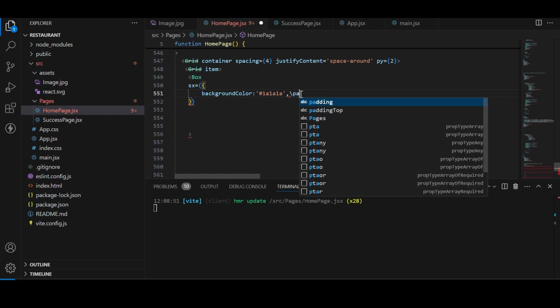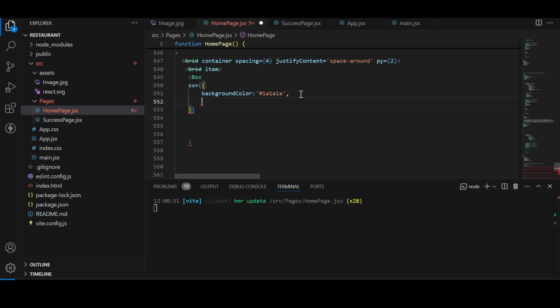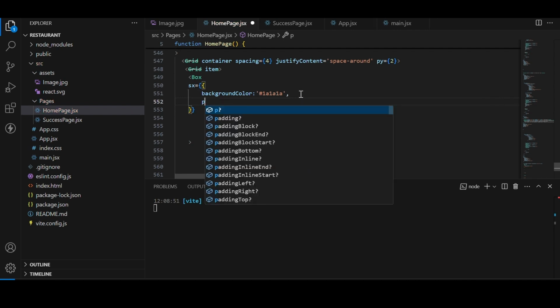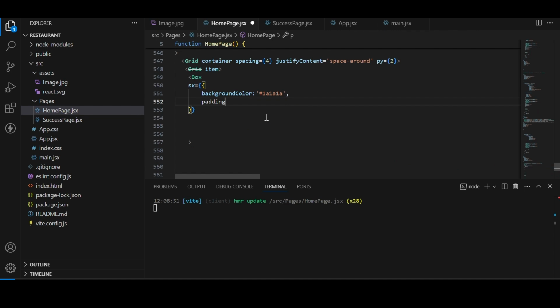And the padding, sorry, padding will be 2. The width will be 250. The height will be 250. The border radius